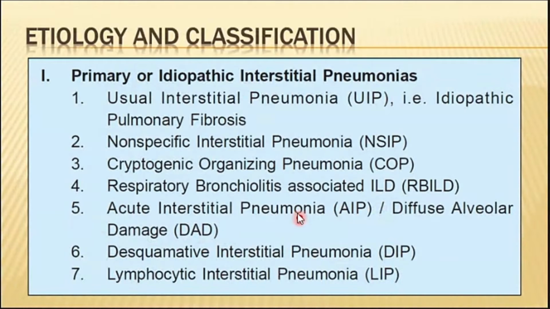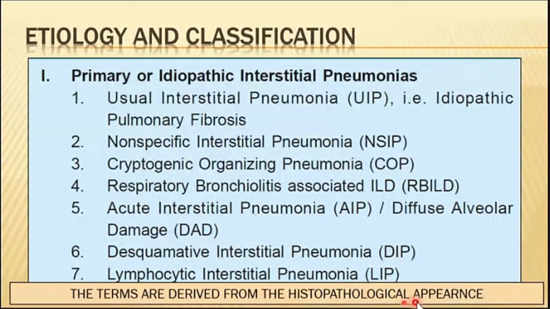It is more or less the same, also known as the Hamman-Rich syndrome. Then you have desquamative interstitial pneumonia, DIP, and lymphocytic interstitial pneumonia, LIP. Now, what you have to remember is that all this, UIP, NSIP, COP, RBILD, AIP, DAD, DIP, LIP, these are